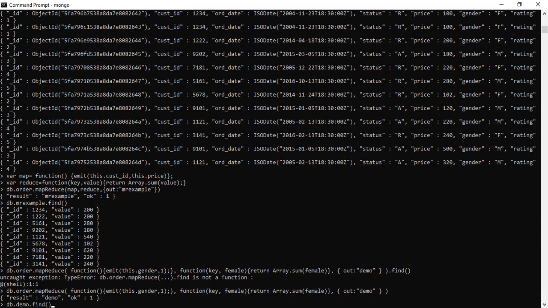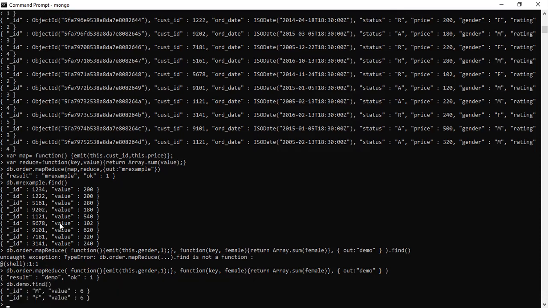In that it will show you id male equal to 6, female equal to 6. So in that they have shown us key comma value. What is the value? The value is initially the particular gender. So key comma female, directly the value we have put here, Array.sum. So they have shown you that male is 6 and female is 6.